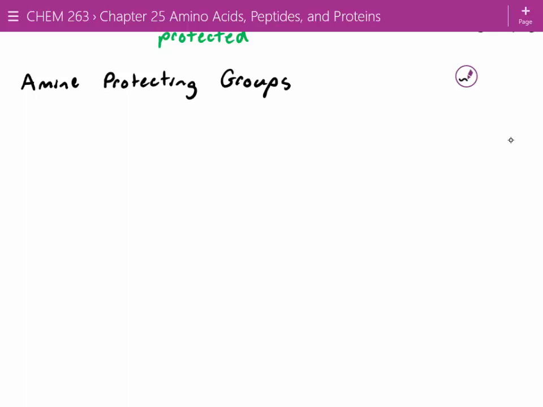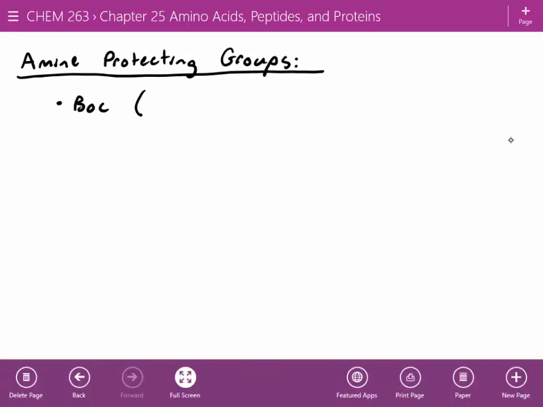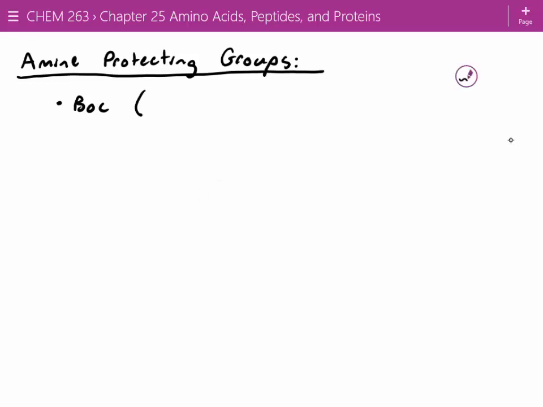You guys have actually seen these without even knowing it. Do you guys remember seeing Boc on one of the problem of the days? And I think I told you guys Boc is just a protecting group, ignore it. Well, now we actually get to see Boc in action. And the question is, what does Boc stand for? Boc stands for